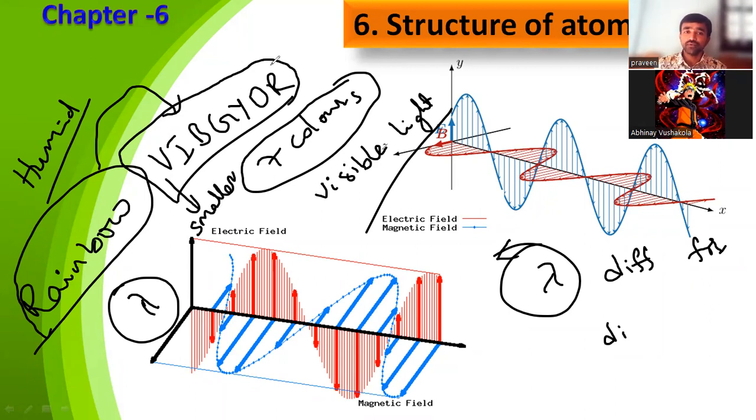Red, higher wavelength. So from smaller wavelength to higher wavelength, that is how the colors are arranged in the rainbow, right? This arrangement of different wavelengths, that combination only is said to be